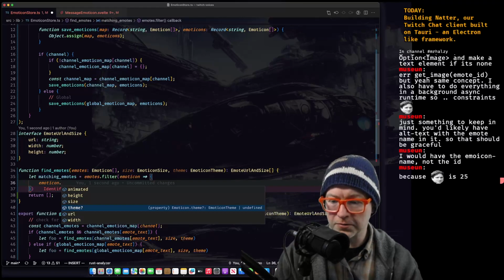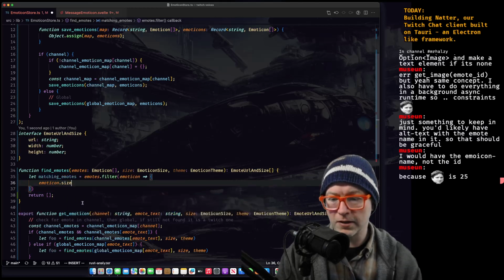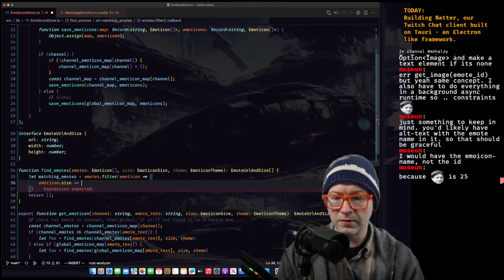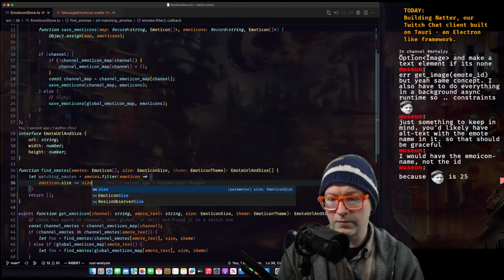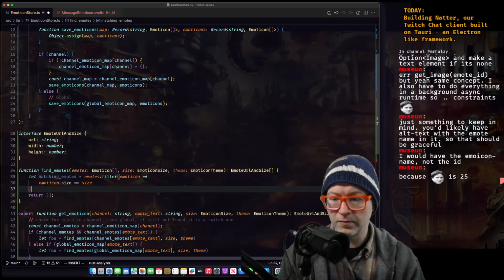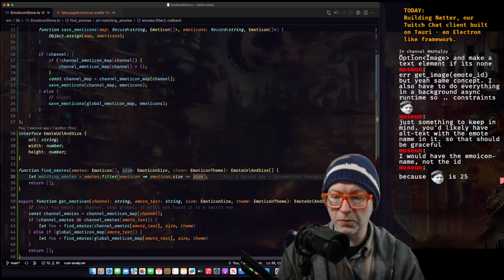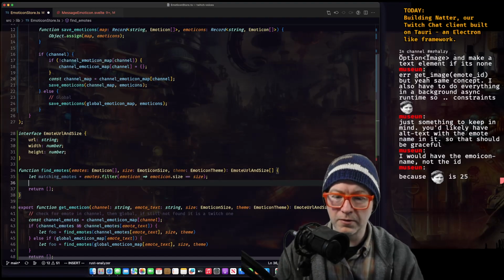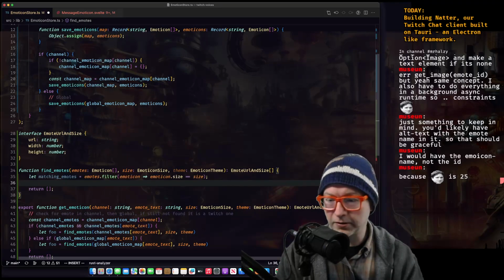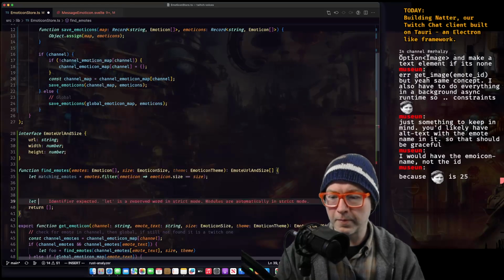So that the preferred one comes first. So we'll filter based on the size. Okay, so now we have matching emotes. We could just map, oh here, let's go ahead and map those for the return. Matching emotes.